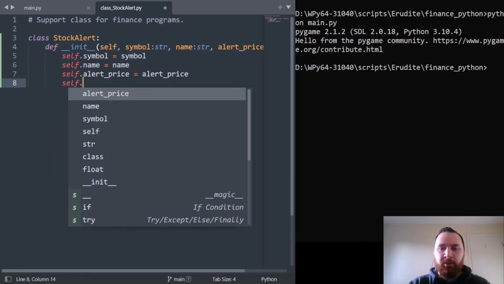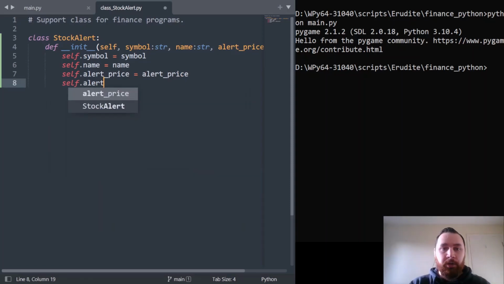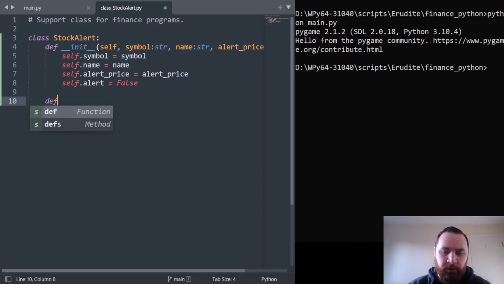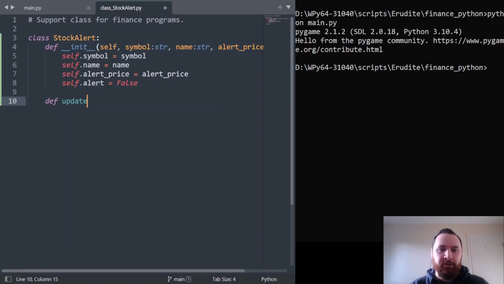And we're also going to set something called the alert as equal to false, because it's not yet in an alert state, so it hasn't triggered. Once it triggers, that will become true and we can do something with it. But we're going to want to update this function. So we're going to want to write this class. For each object, we want to be able to update itself to check whether the current price is the alert price or below the alert price, and then update the alert itself. So we're going to write this little update function,